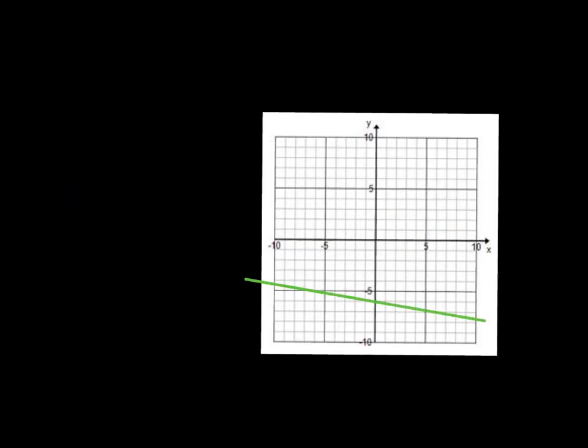Okay, I want to show you more. Okay, so here we have a line. I want you to try this, okay? Try to write the equation,